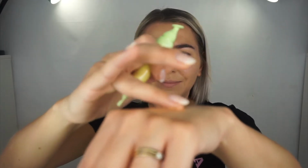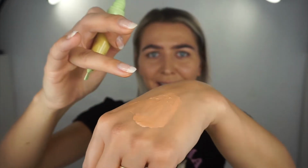Does have a color. A darker color than I was imagining it would have. I'm just gonna tap some with my finger and try to blend in with the warmth of my finger. See how it's gonna brighten up now. Okay, I love the look of this. I'm not sure what it's doing exactly to my skin just now, but it feels amazing, so hey ho, I'm